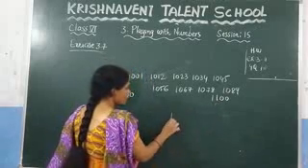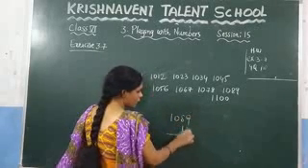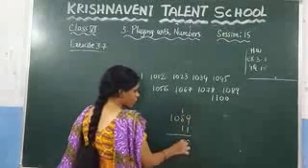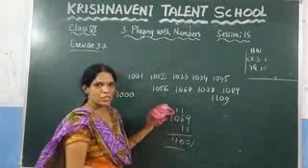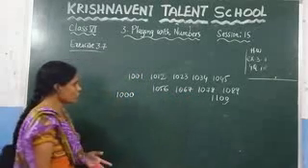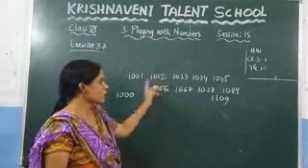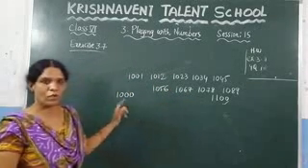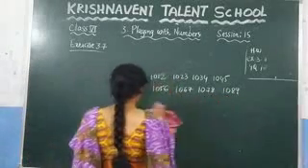You can check it here. 1089 plus 11, what will you get? 9 plus 1, which is 10. And here also you will get 10, 1, 1. So you are getting this number. So you just need to stop here because they asked you to write the numbers in between 1000 and 1100 so that the given numbers are divisible by 11. These are the numbers that are divisible by 11.